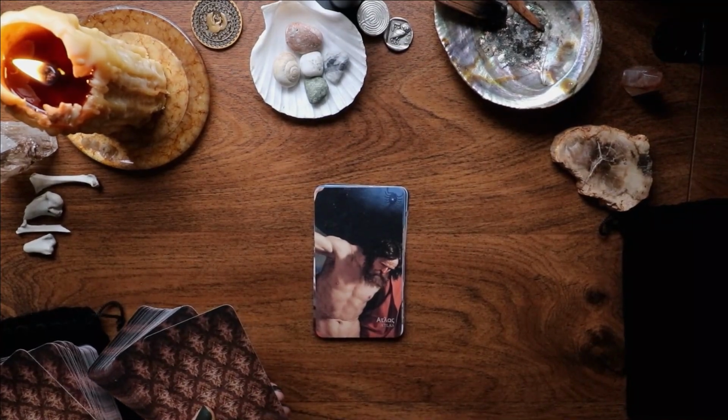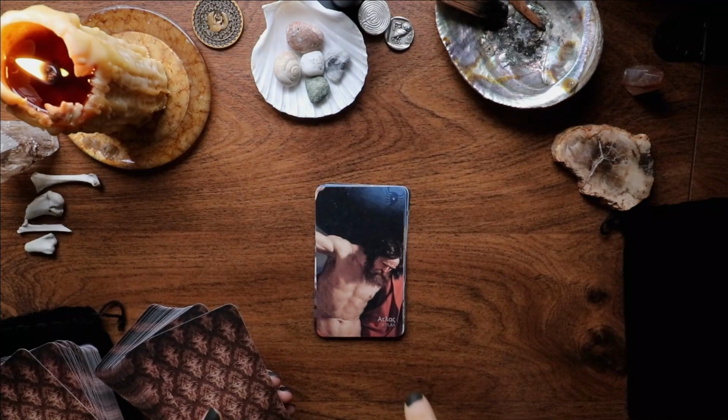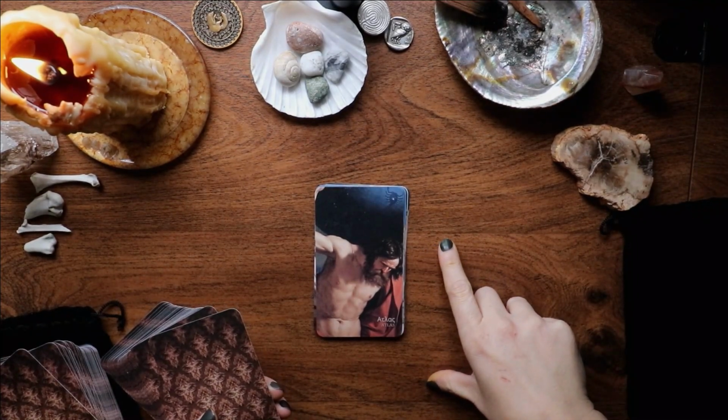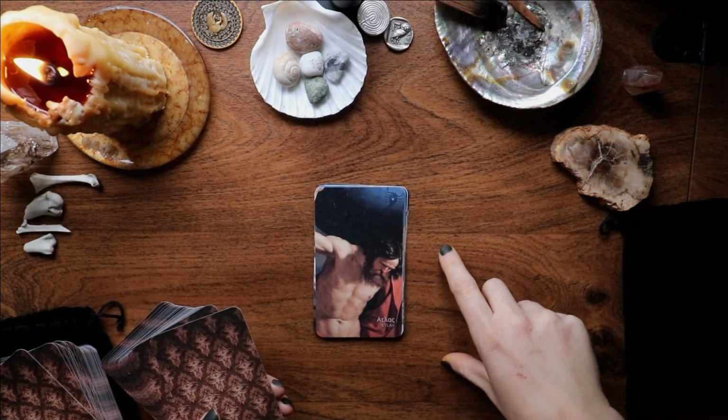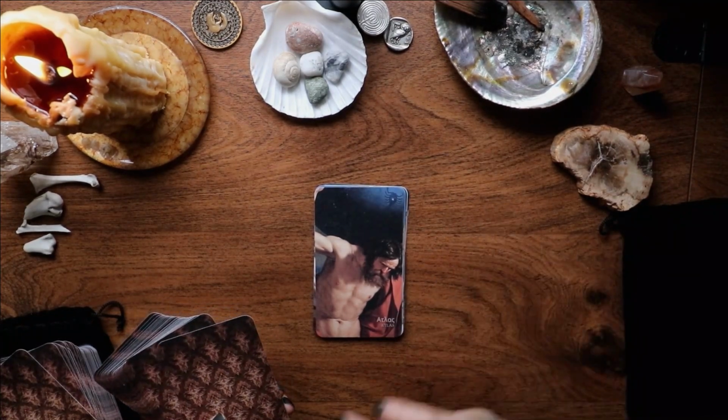But again, he's got lots of myths associated with him too. He's a Titan god, and he's the grandson of Prometheus and Epimetheus as well. One of their jobs was holding up one of the corners of the sky back in the day. But anyway,